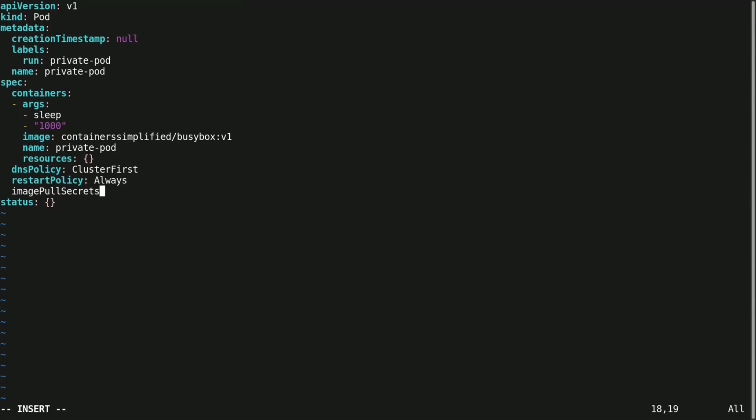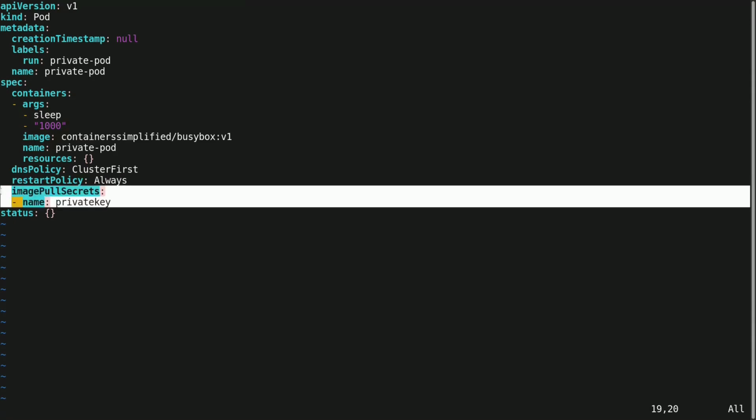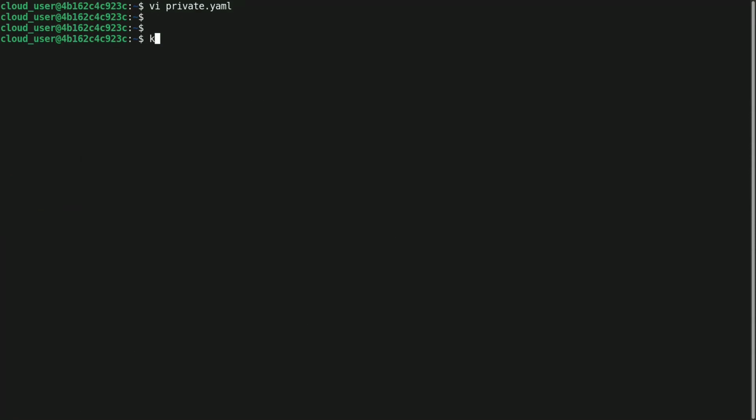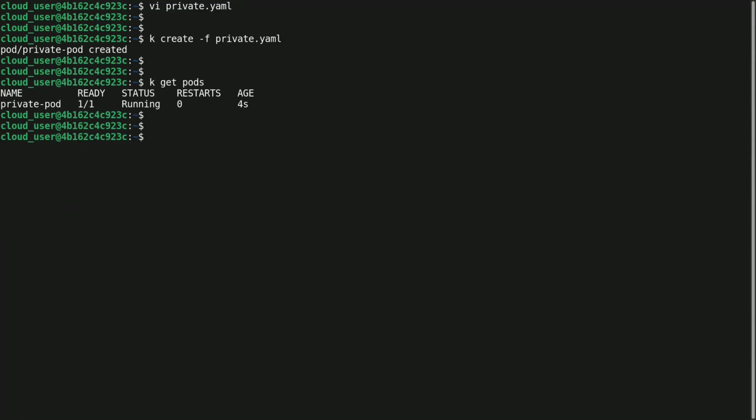So I'll edit the file. At the containers level, I will add a new attribute imagePullSecrets and give the name of the private key which we just created. And yeah, let's try to run this again, and yes, we can see the pod is in running state. That means the image was successfully pulled this time. So let's delete the pod again,